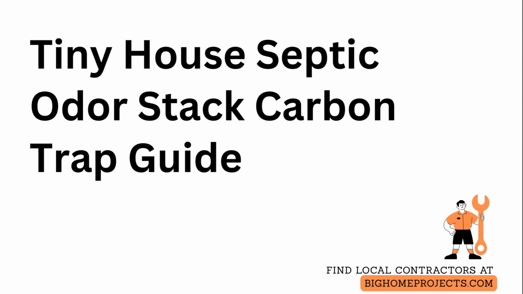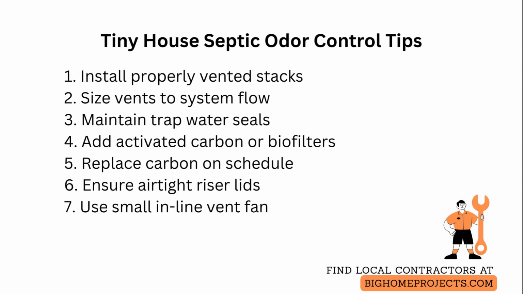Odor mitigation for a tiny house septic system is essential when the system is close to living space. Start with properly vented stacks and odor traps installed at the highest practical point to promote steady air movement away from occupied areas, and size the venting to match the system flow using pipe diameters and slopes recommended for small systems. Maintain water seals in all traps by designing for periodic use or adding trap primers that refill seals automatically,